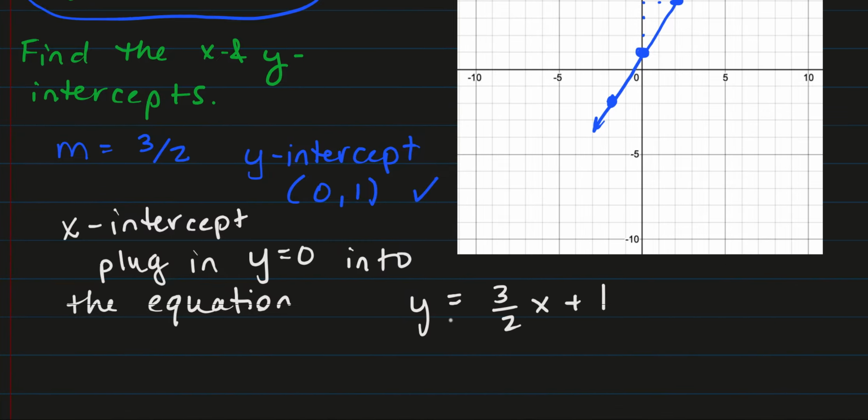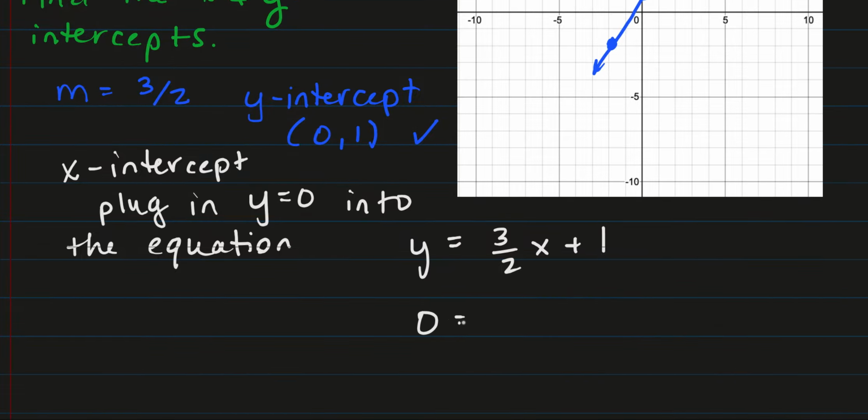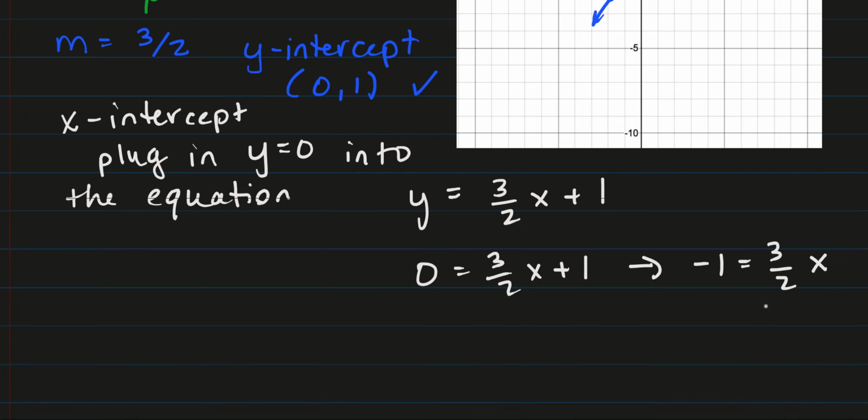So I just plug in 0 here, and I get 0 is equal to 3/2 x plus 1, and we solve for x. So I'm going to move the 1 to the other side, and I get -1 is 3/2 x. And to get rid of this 3/2, we multiply everything by 2. So we get -2 is equal to 3x, and then we divide everything by 3. So -2 over 3 is equal to x,